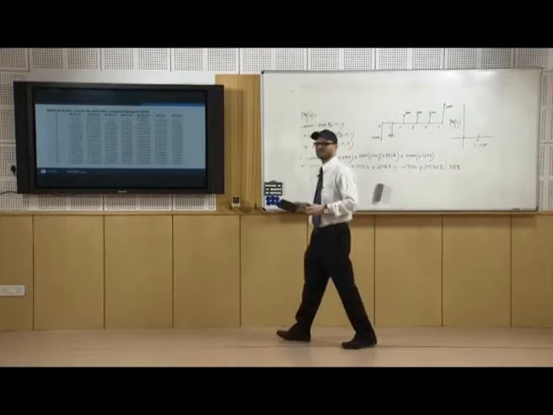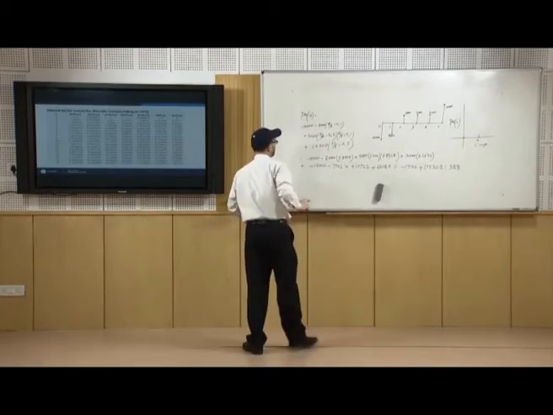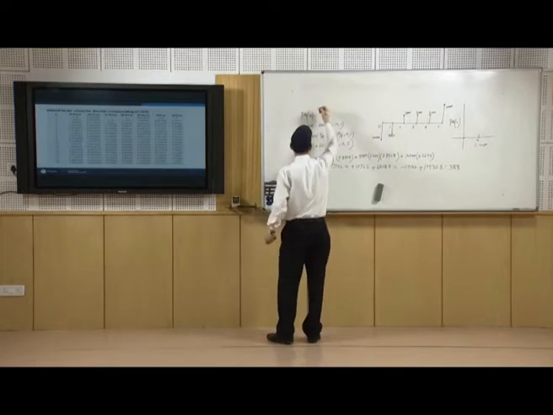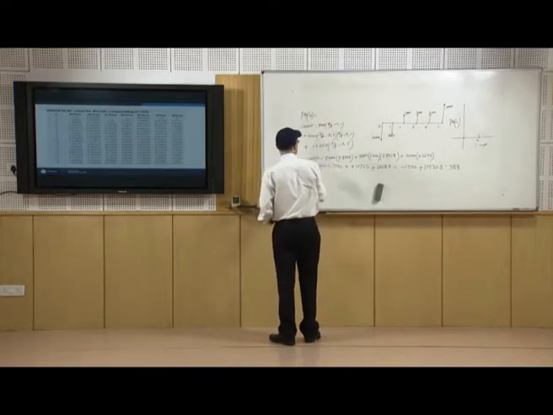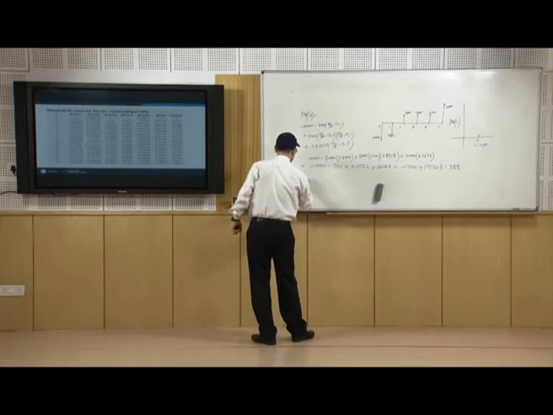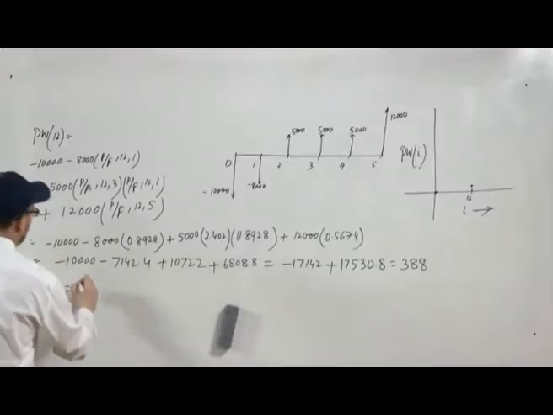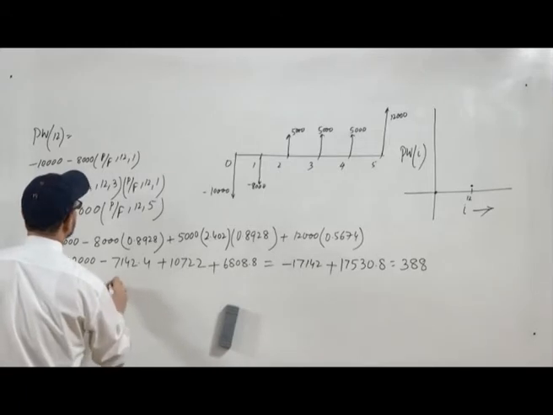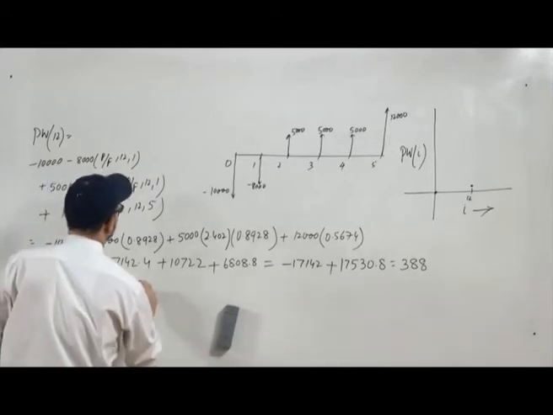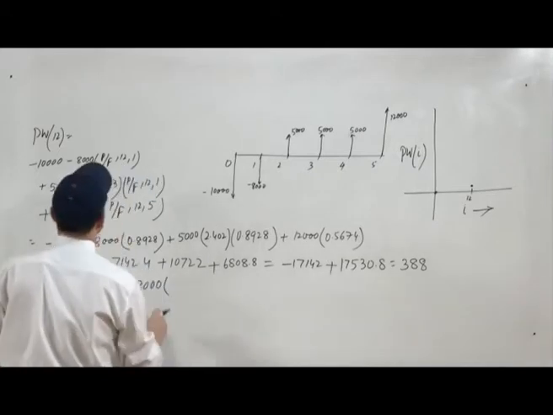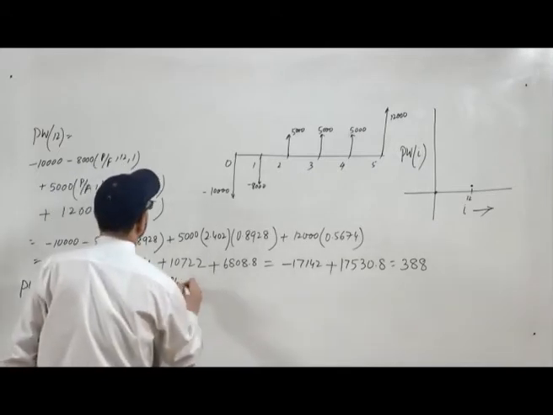Now, let us calculate the value at I equal to 13. So, at I equal to 13, PW 13 will be minus 10,000 minus 8,000 multiplied by P by F 13,1